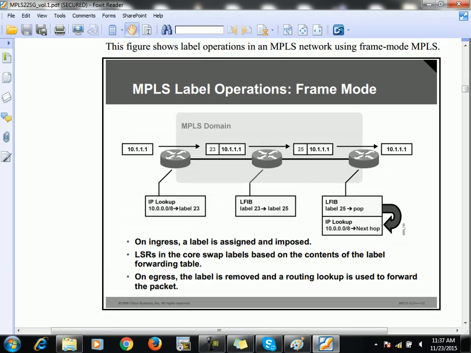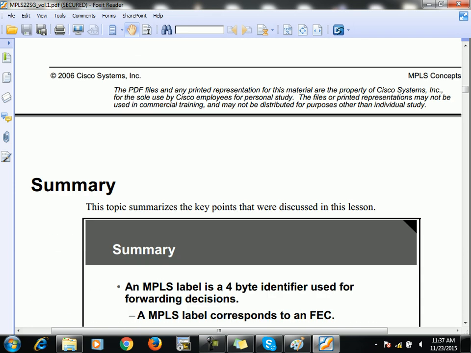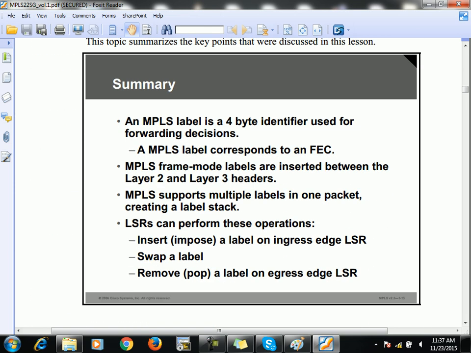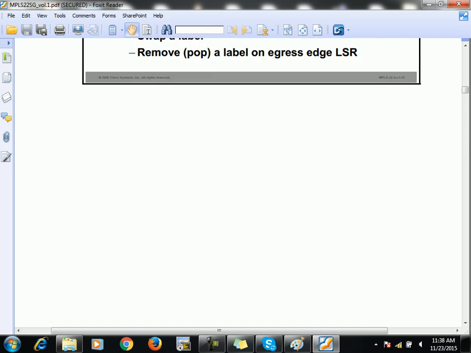Fine. So in this way it works, as I told you before. See, the router received one packet for 10.1.1.1. It added this label, forwarded it towards this, and added this label. It is performing swapping, right? It is performing insertion, it is performing swapping, and it is performing popping. In this way it is working, right? Fine. This is done now.